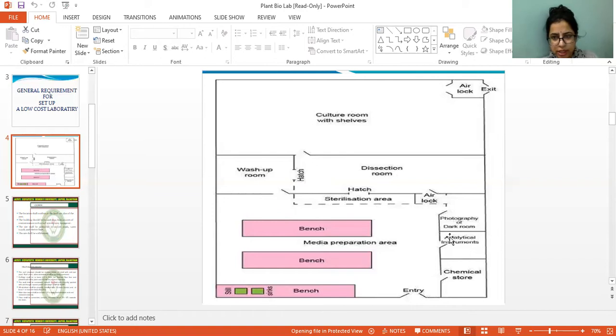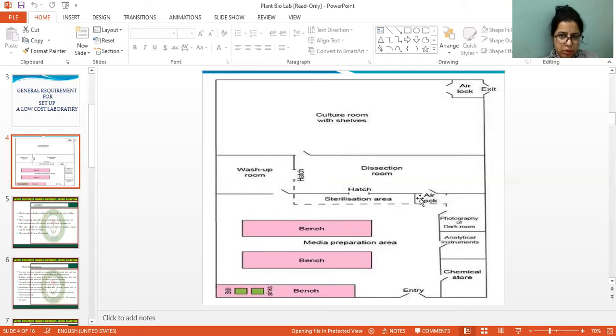This region is for the analytical instruments, meaning if you want to heat up your media or sterilize your media or any other glassware in an autoclave, the autoclave will be there, along with measuring cylinders, pH meter, all the things which you require. And this region is for photography or the dark room.